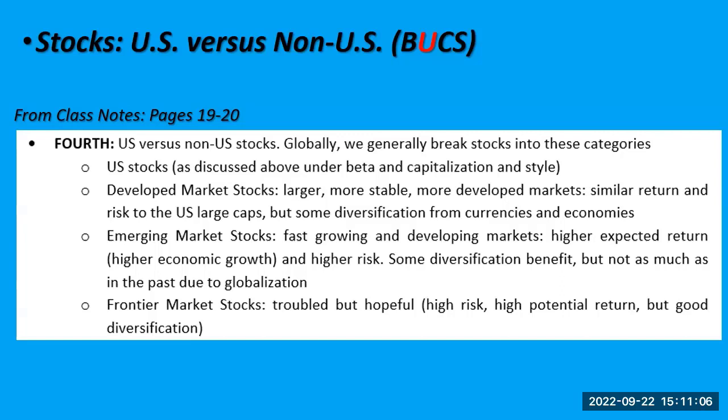So in Asia, obviously Japan, Singapore, South Korea. So there are some definitely. Australia is developed and they're in Asia. So yeah, there are some emerging markets. These are fast growing companies developing. They typically have high expected returns, although they haven't done very well here recently. They have higher economic growth, but they're risky. They do provide some diversification in your portfolio, but not as much as they've had in the past. If the US stock market crashes, these stock markets tend to crash alongside them.